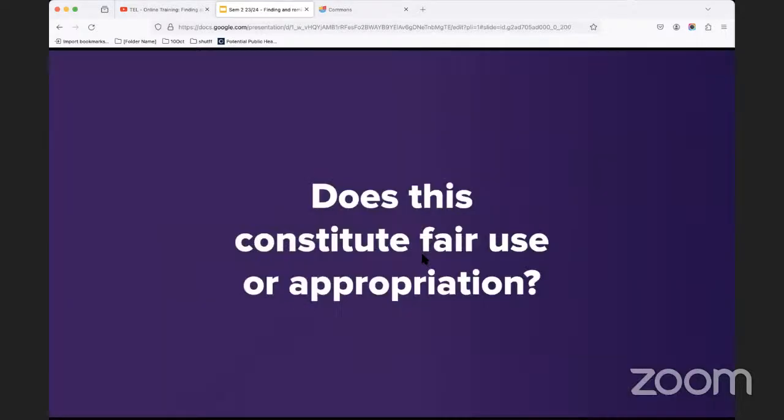Now, maybe if you want to just give me a yes or a no answer in the Q&A section, what do ye think? Does this constitute fair use, or does this constitute appropriation? Should these generative AI tools be subject to some form of copyright obligation? Or is the process of training themselves on human beings' work and human beings' labor fair use, or is that appropriation?